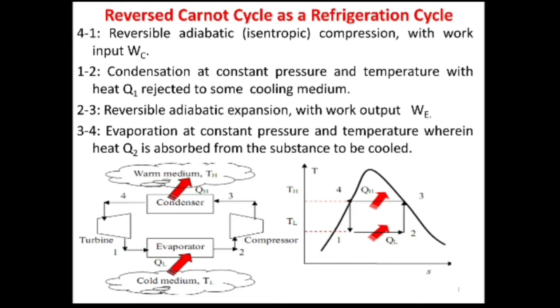Here, as you can observe, the two isothermal heat transfer processes are not difficult to achieve in practice, since maintaining a constant pressure automatically fixes the temperatures of two-phase mixtures at a saturation value. Therefore process 1 to 2 and 3 to 4 can be easily approximated in practice, since they are the processes of evaporator and condenser, but the difficulty comes in the process 2 to 3 where the compression takes place.